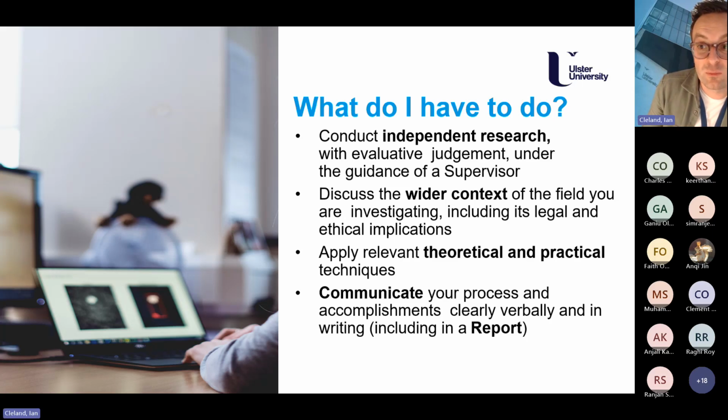So yeah, the project is a really important part of the course. And it's really an opportunity for you to investigate some particular part of the course that you've been interested in and discuss the wider context of that. So that includes things like the social, ethical, and legal aspects of whatever the technology is that you're interested in as well.